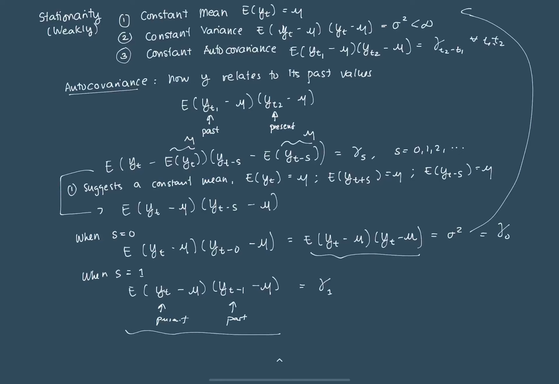So just to review, in order for a series to be weakly stationary, it needs to have a constant mean, such that the expected value of the series variable yt is constant across the entire series. It needs to have a constant variance, and as we just recently discussed, it needs to have a constant